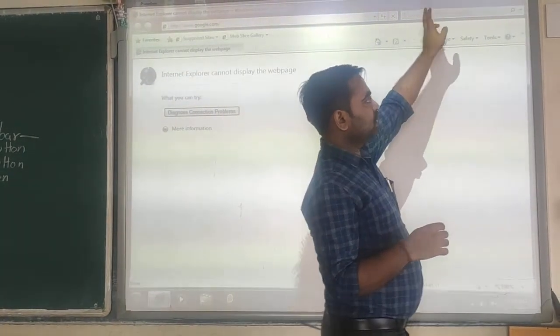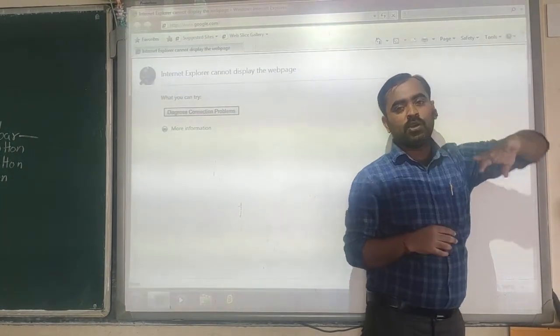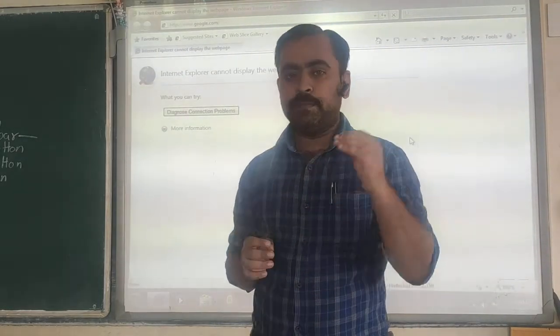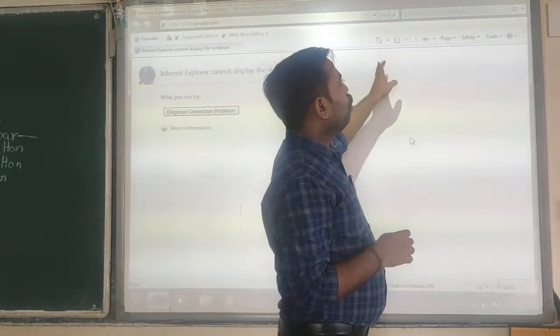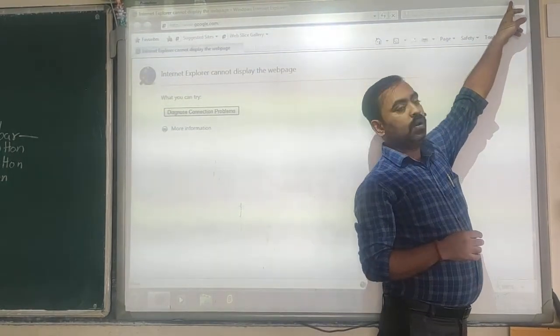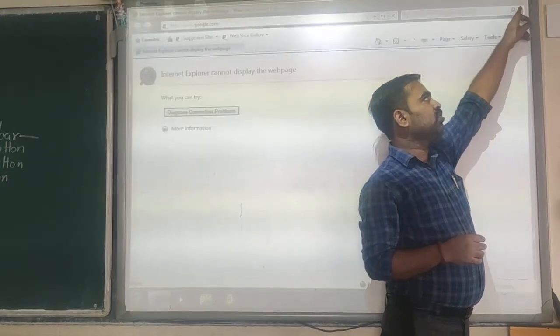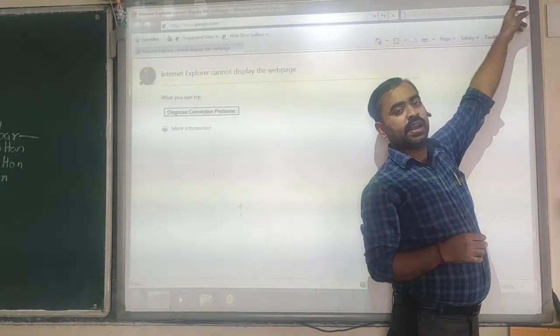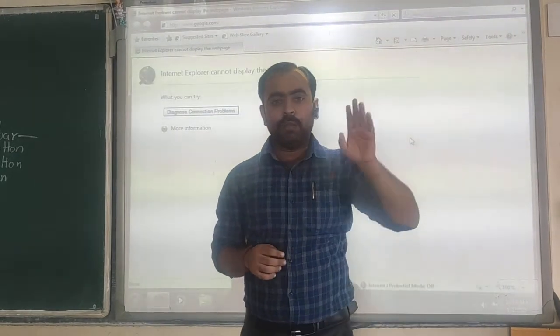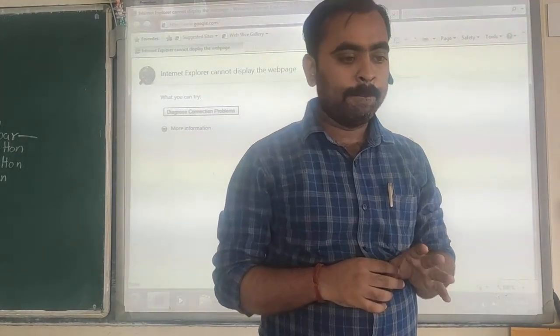And the third one is the close button. If at any moment you want to close Internet Explorer or the web browser, you can directly click on this close button and it will be closed.